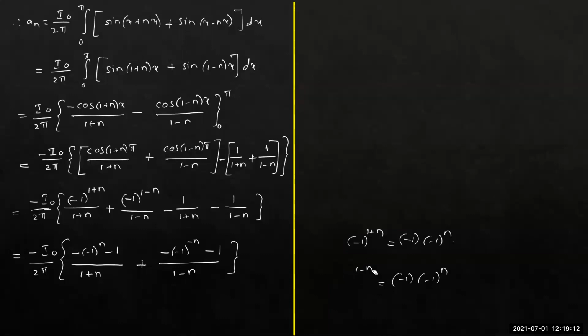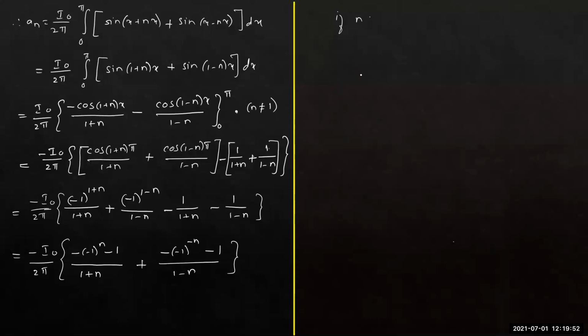Right? Normally, when you get terms of this kind, we try to take what happens when n is even and what happens when n is odd. Just I'm taking it in a very similar way. Now, I forgot to tell you one point here. When you integrate this sine of 1 minus n, we got 1 minus n in the denominator. This is valid only when n is not equal to 1. Then what happens when n is equal to 1? We need to calculate it separately again. Let us do that.